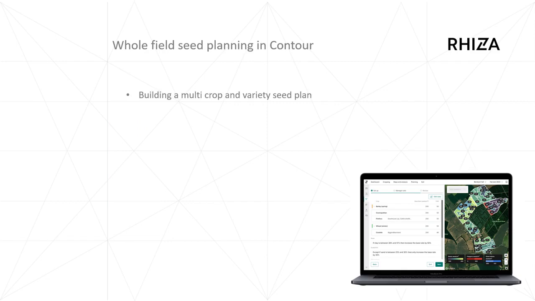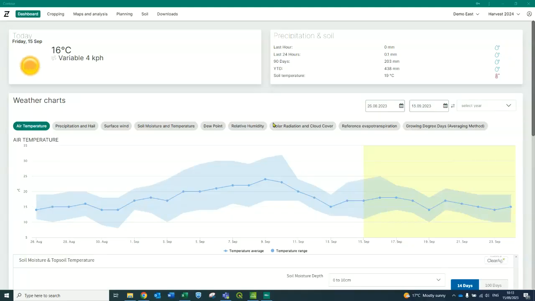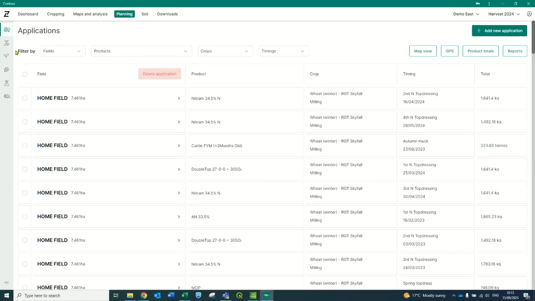This includes splitting out multiple varieties, tweaking plans, so making small edits to different rates in the field, bulk adjusting, so bulk adjusting a plan total to the quantity that you require, and finally we're going to take a quick look at job sheets. To access the whole field seed planning tool, go to Planning, and then to Seed Plans,